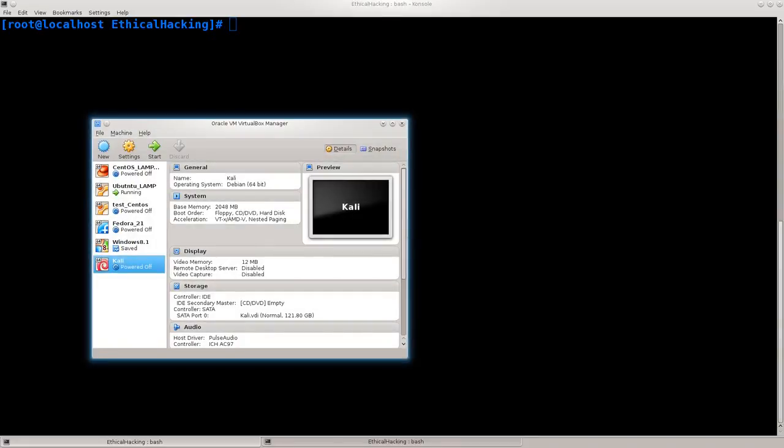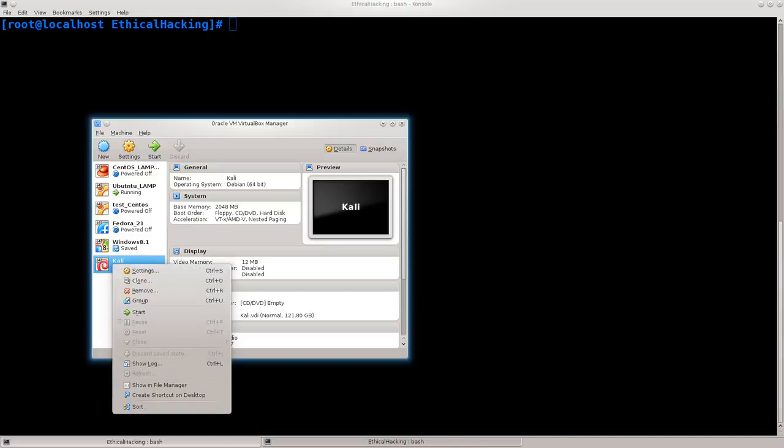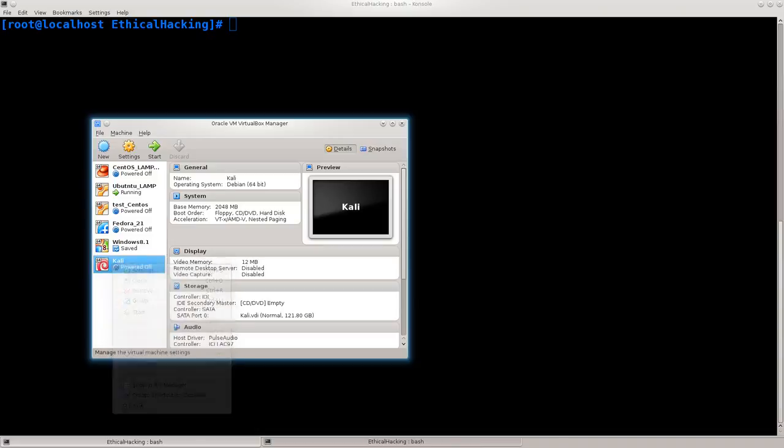That's it. Now we have our Kali. Now we have our environment under the name Kali set up. There is just one more thing that we need to do. We need to configure the boot order for this machine, or rather, the location of the ISO file which it will pull. So go ahead and right click on it, settings,